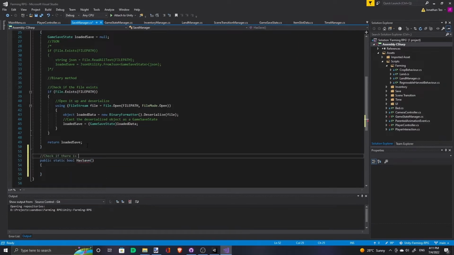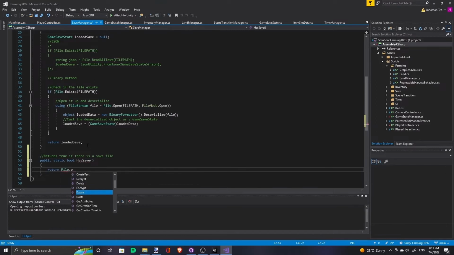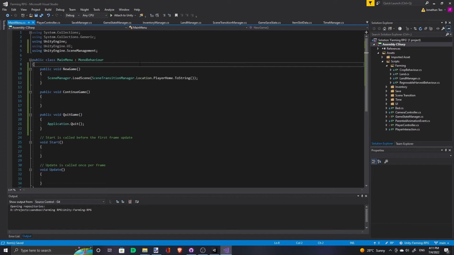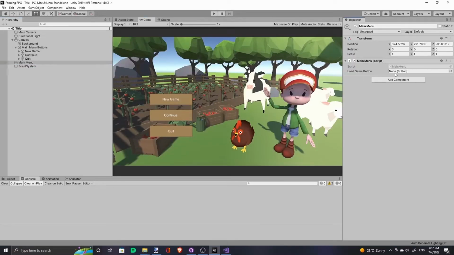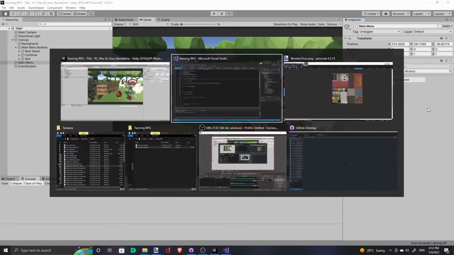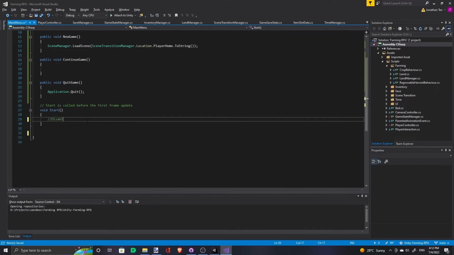Save. We just need to check if the file exists. If the file path, that's it. And now we need to add a new button, load game button. Assign this here. And then over in the start function,